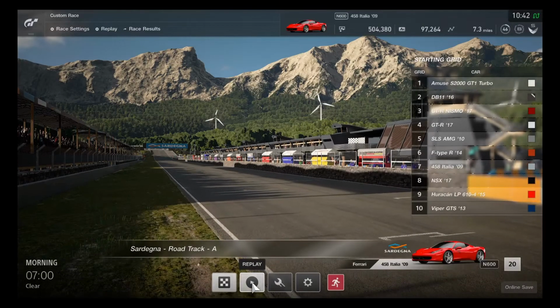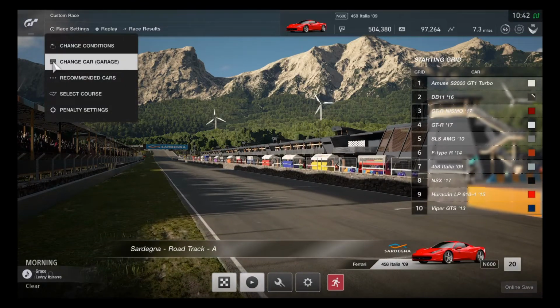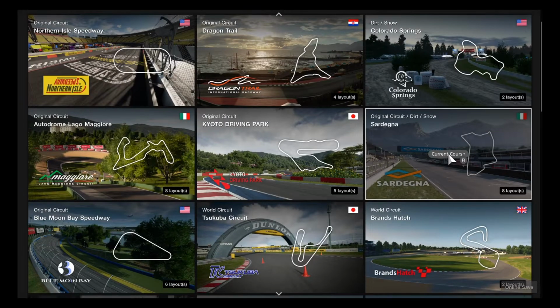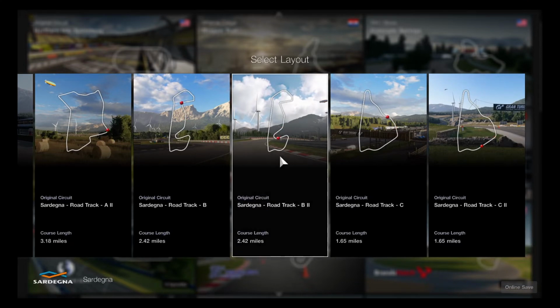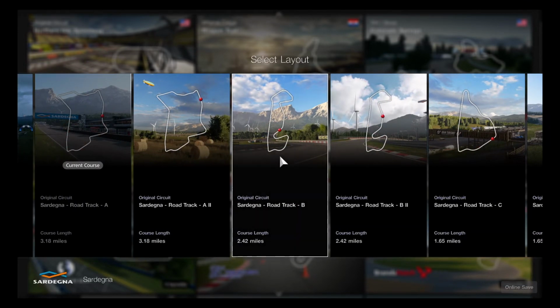So looks like that was a very good race. Now let's go over to the next track in the same place, and this is going to be very excellent, and this one might be able to turn out well. So it looks like we have to take road track B, which definitely might resemble